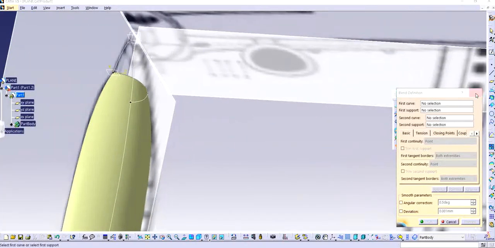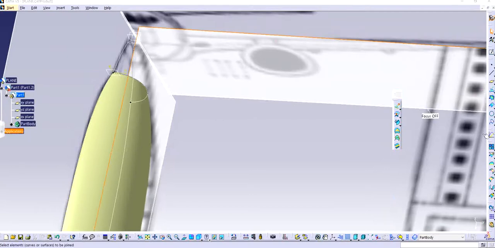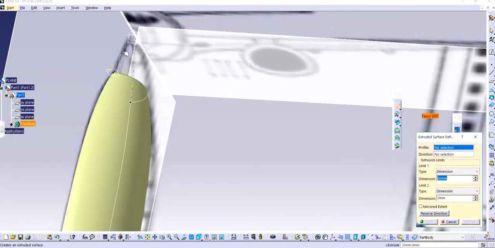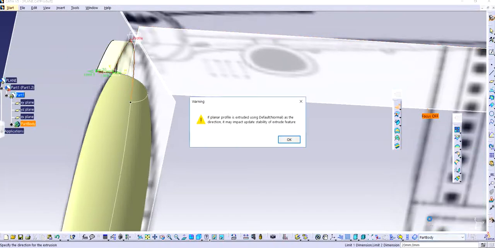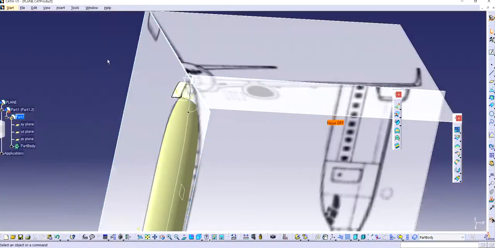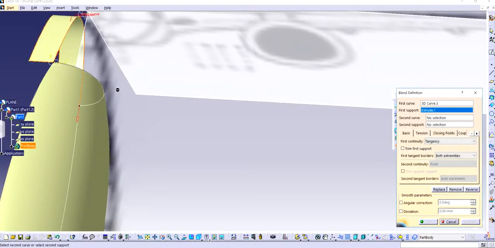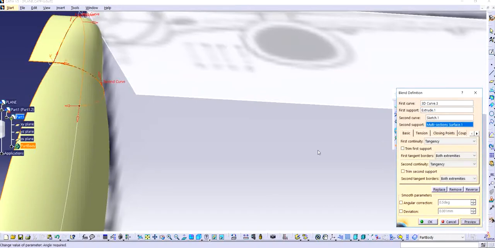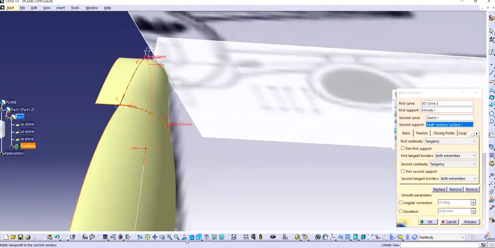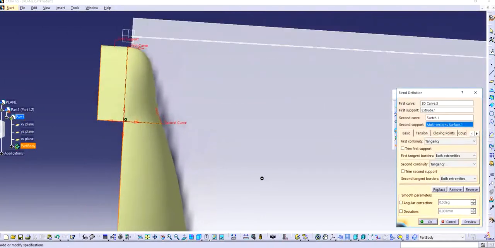For blend I need the support, so I'm going to make an extrusion right here for whatever I made just now, and that's perfectly fine. And blend, we are going to use it again. First curve and the support. I'm just going to hide this view. Support, second curve, and the support. Preview. You can see it shows. I'm just going to show a normal view. You can see it shows